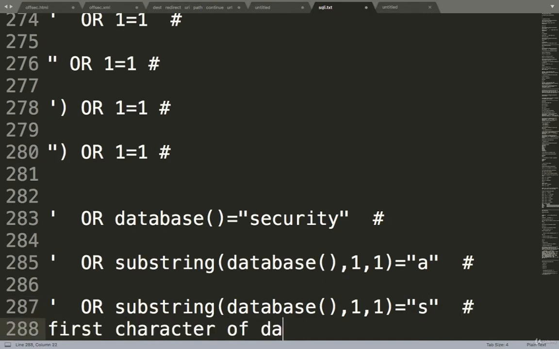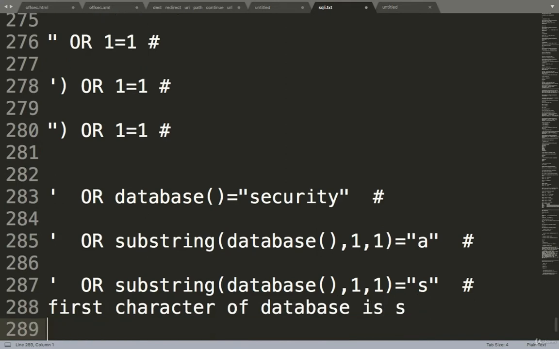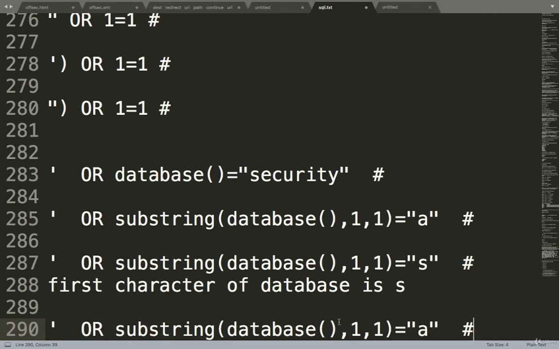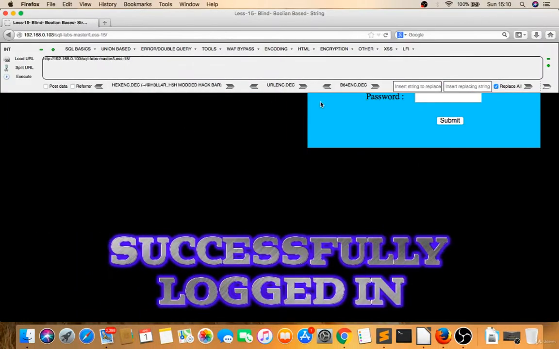If you want the second character of the database, you have to do this, 1 to 2, and compare with A, B, C, D like this. So this is the way you have to enumerate the database.